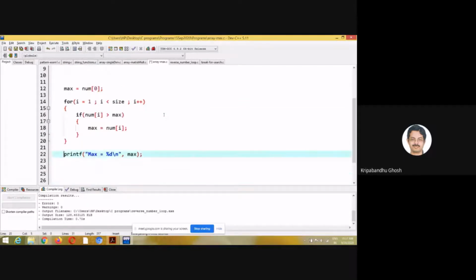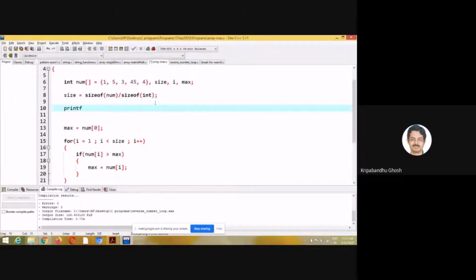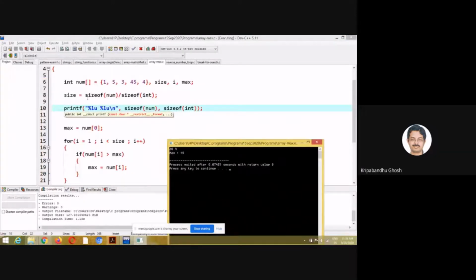So I printed these two. So 20 and 4. What is 20?